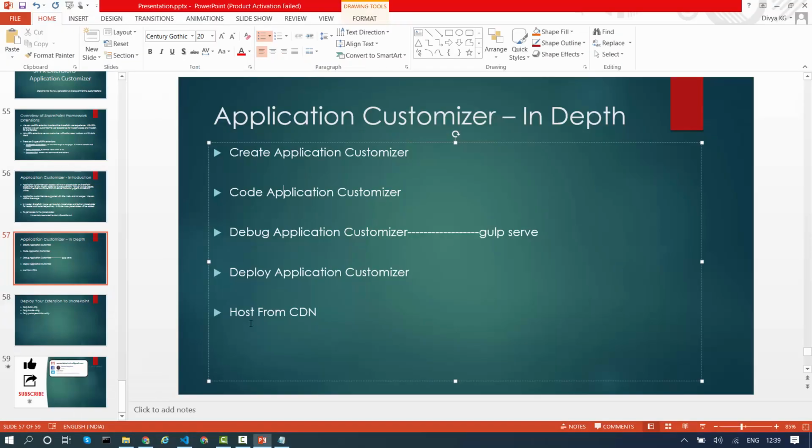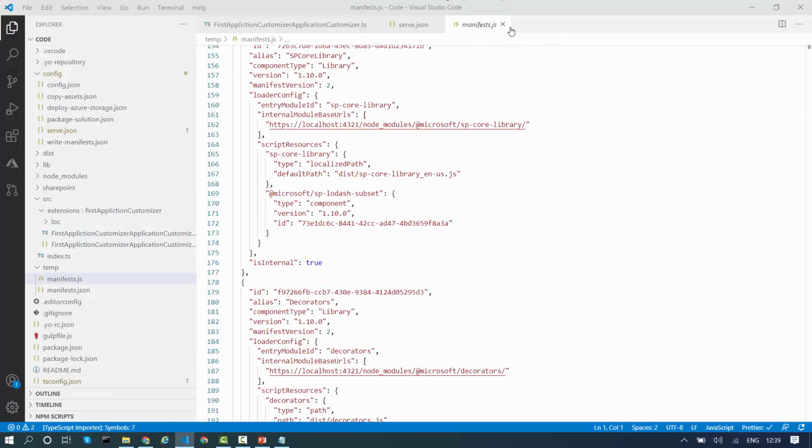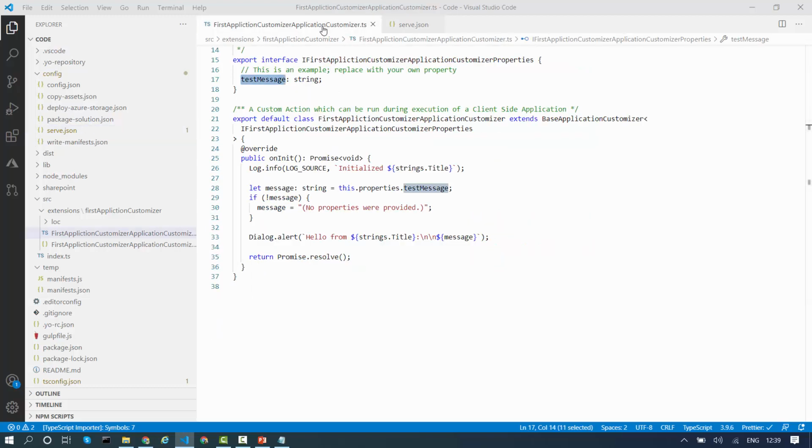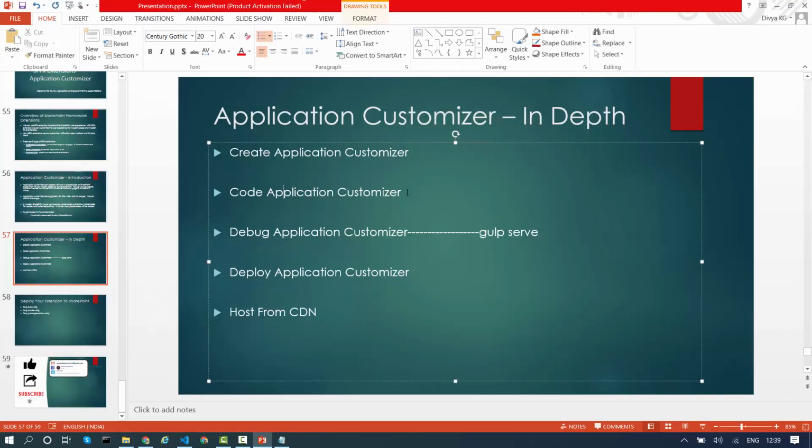Before deployment, I will write a very basic and very simple code. Please do not consider it as a demo; I will create a demo separately. This is just to give you a bit of hands-on with a few other classes and properties which are very useful, or which you are going to use very frequently while creating application customizer. So I will write a very simple basic code over here. So code application customizer involves explaining the existing code plus writing a small piece of code. After this I will have completed these 3 parts and I will be left with the deployment, so after that I will take the deployment part.